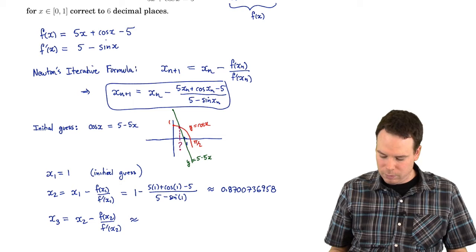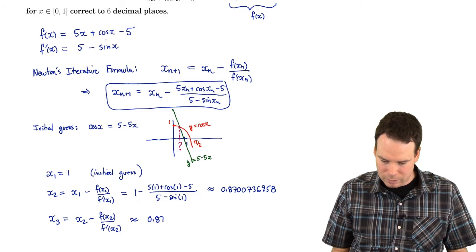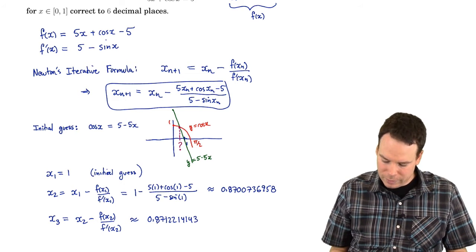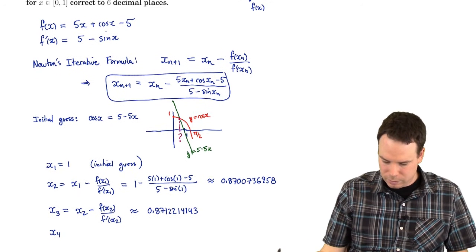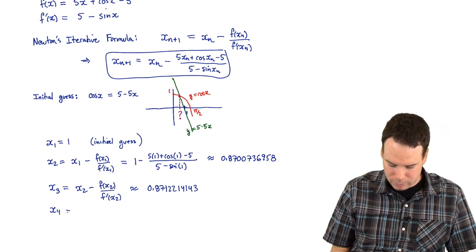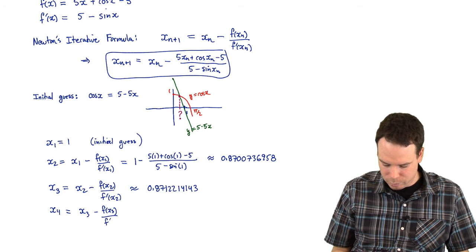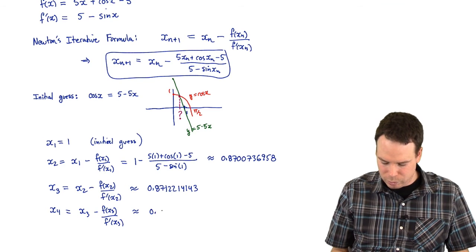And firing that back in, doing the computation again, we get a value coming out of 0.87122141443. Now we take that number, we fire back in to Newton's formula, and we get x3 minus f of x3 all over f prime of x3, and what pops out is about